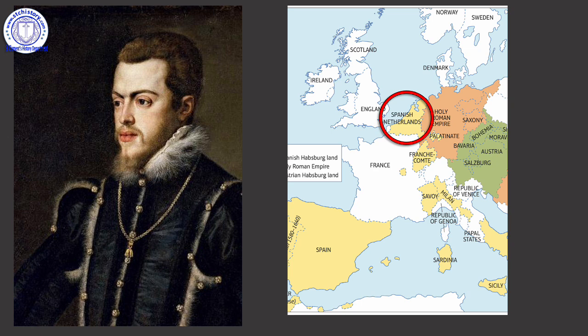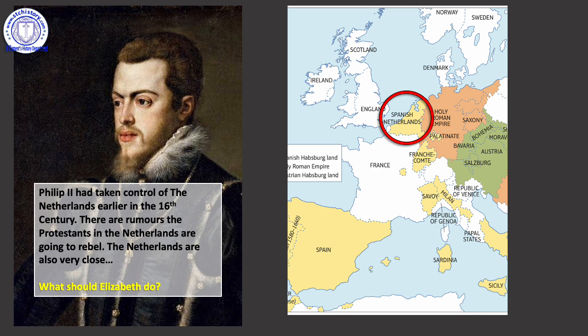It's really close to us. You can see we know where King's Lynn is, where our school is, really close to the trade and port, hence why King's Lynn was so important in the Hanseatic League. But generally speaking, the Netherlands is good for that reason. It's close, but it's also dangerous because the Spanish could quite easily just jump over to England if they felt the need to. All right, so he has taken control of the Netherlands in the 16th century.